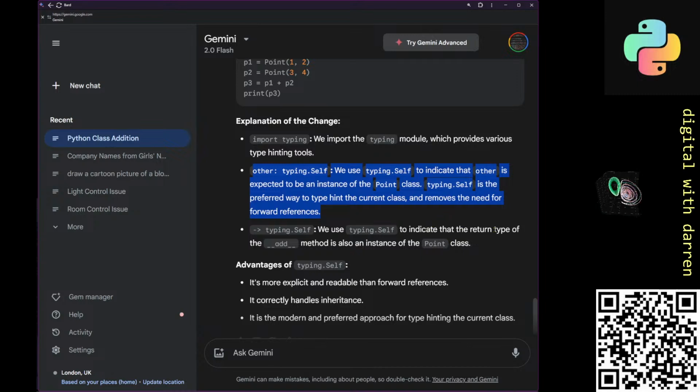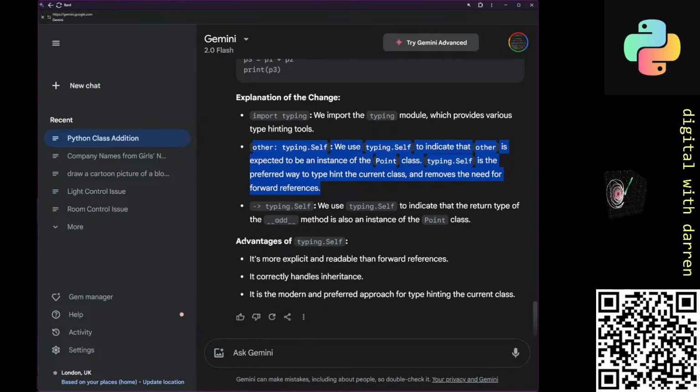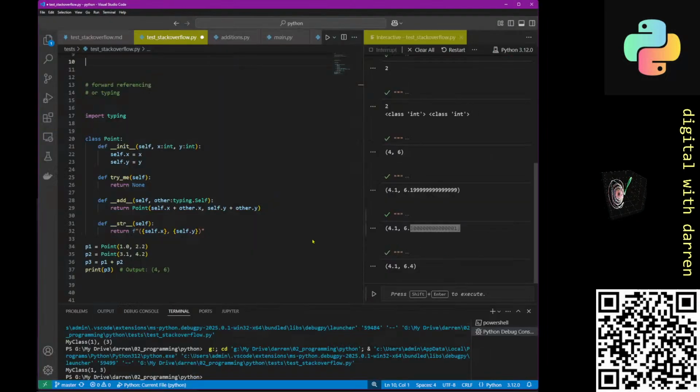Typing.Self, we use typing.Self to indicate that the return type, okay, fine, well, we know that anyway. So, advantages of typing.Self. It is more explicit and readable than forward references. Now, I will give it one thing. On the forward references, while it's elegant over here, if I was to change the name of my class for whatever reason,